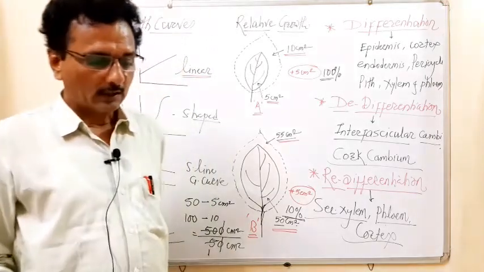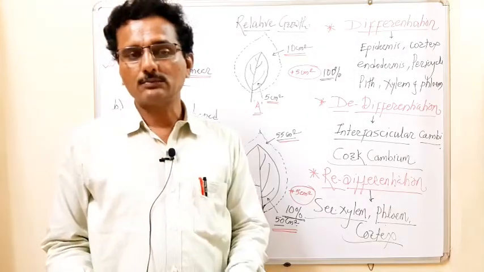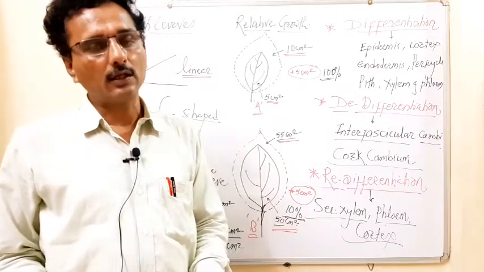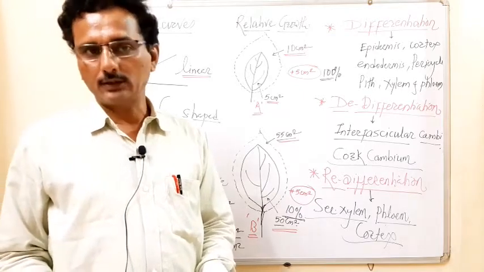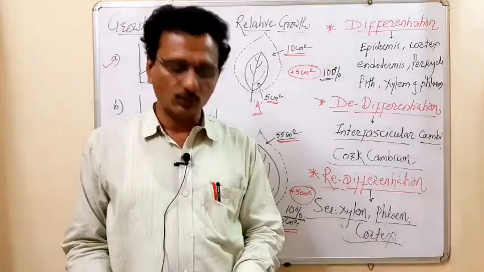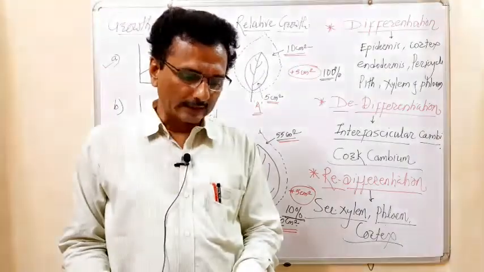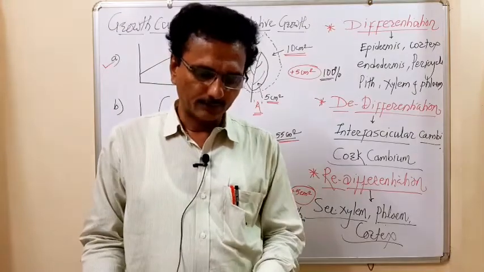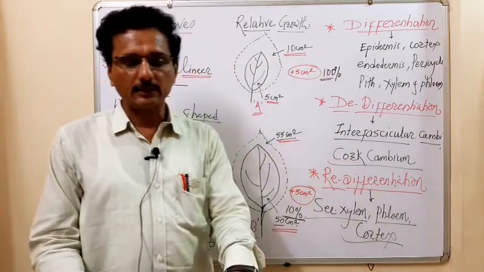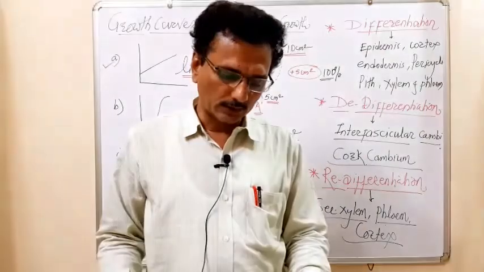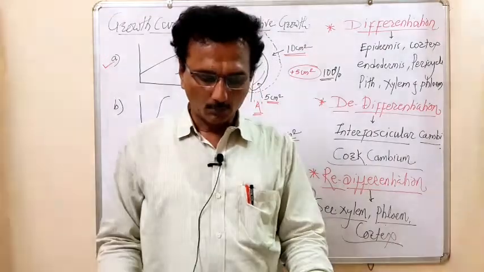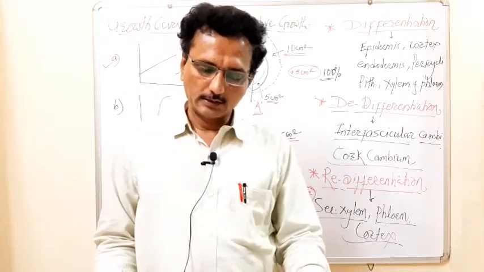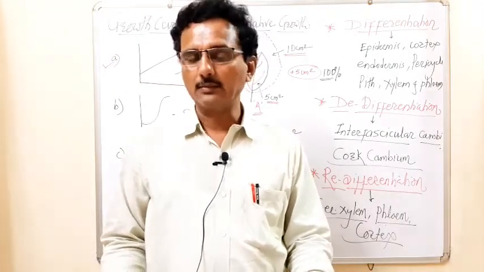So students, I think you understand well what is meant by relative growth, how you calculate that relative growth, and how you compare that relative growth. So remember question number 14: the growth in plants is, see the options, only determinate; second option, only indeterminate; third option, mostly determinate; and fourth option, both determinate and indeterminate. So what is meant by determinate and indeterminate?